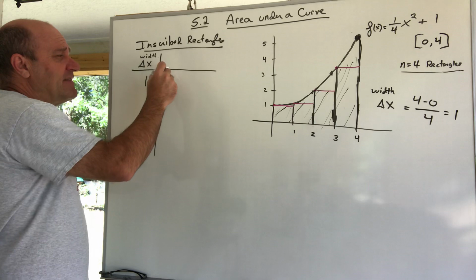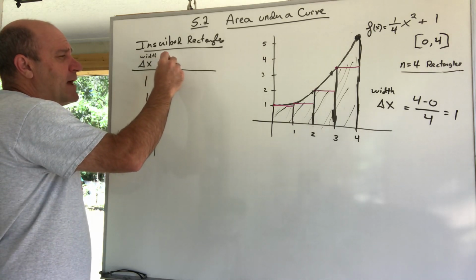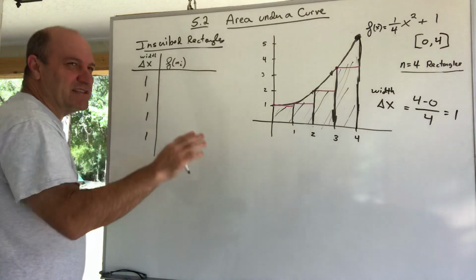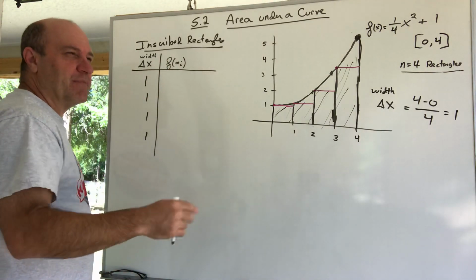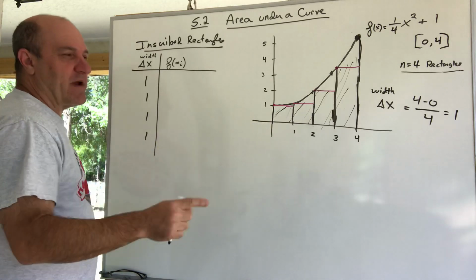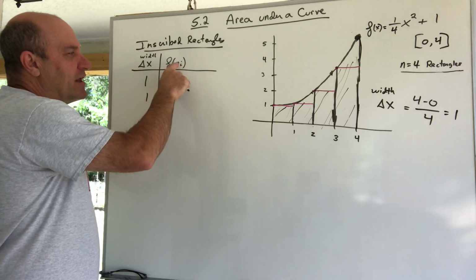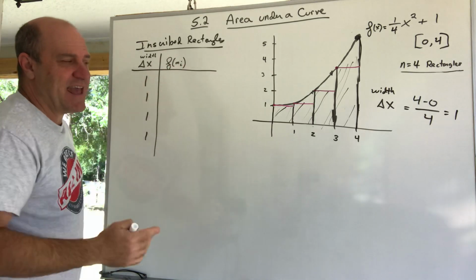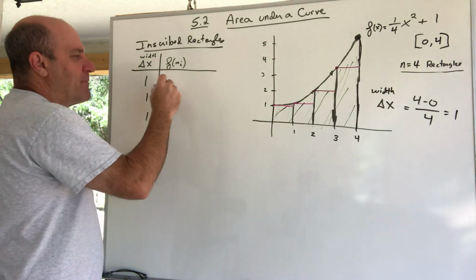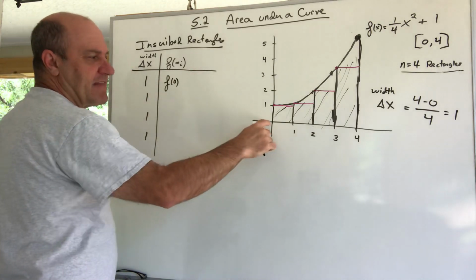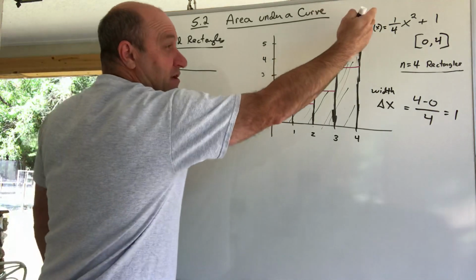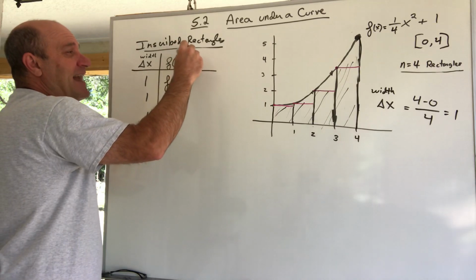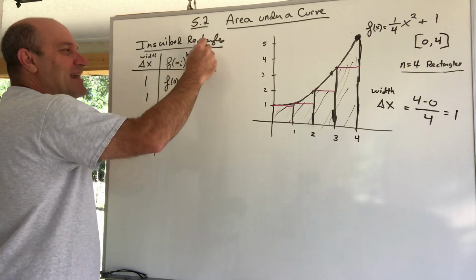Then to get the height, I'm plugging in this little m sub i. The little i is just a little subscript that I'm going from 1 to 4. So the first rectangle is little m1. I plug it into the function to get the height. This is the y value, but the little m i is the x value. So if you remember, what did I plug in? I plugged in a 0 to get that first height. And when I plug 0 in the function, the height is 1. So there's the height. Height is the proper word. That's the height of that